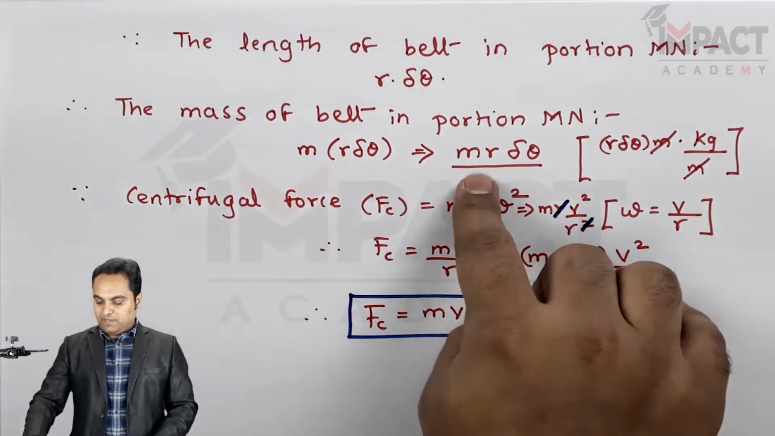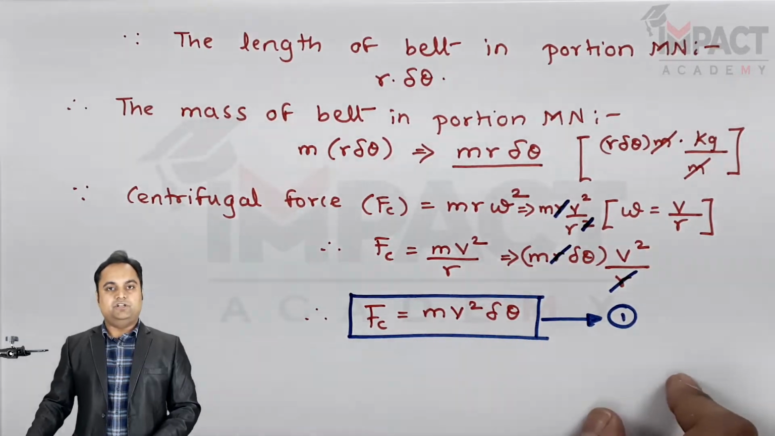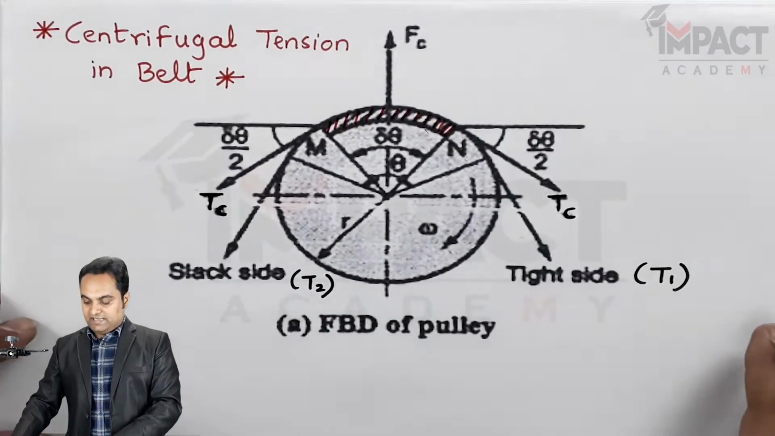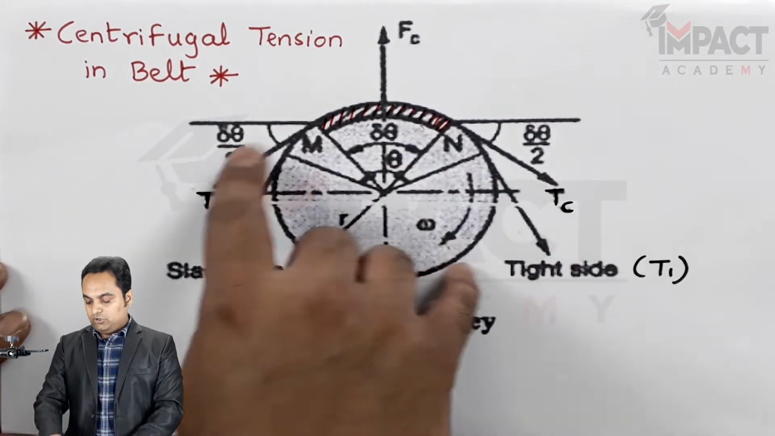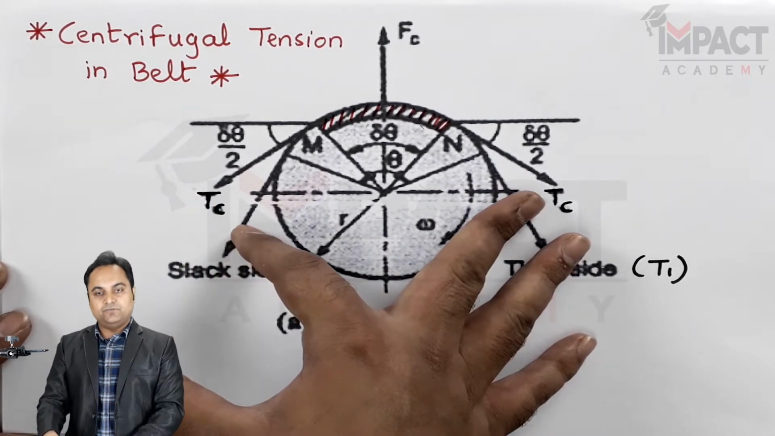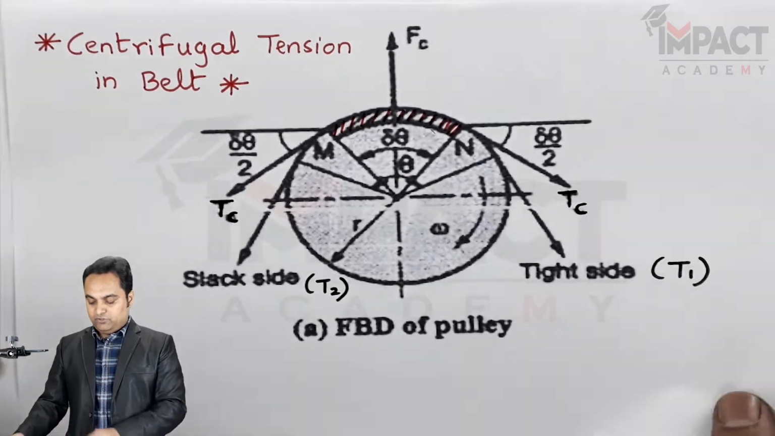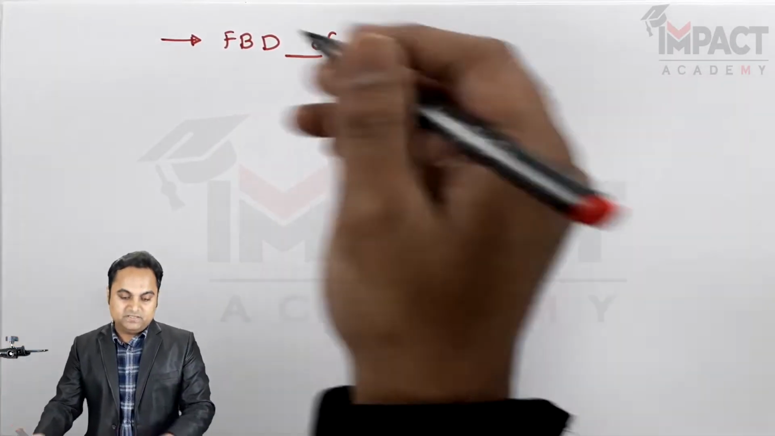I found out that mass, then the centrifugal force, and finally we have reached up to equation number 1. The next step would be to use this diagram, and in this diagram Tc is the centrifugal tension. Along both the sides we can see we are getting the centrifugal tension, and here is the centrifugal force. So I would be drawing the FBD for the given figure. So the free body diagram of the pulley would be in such a way